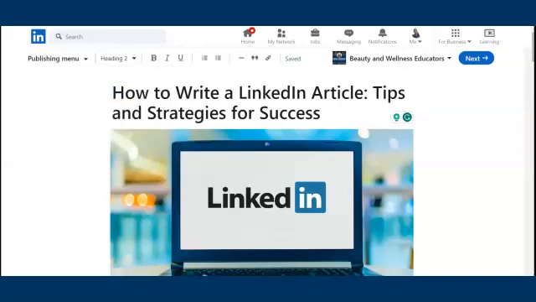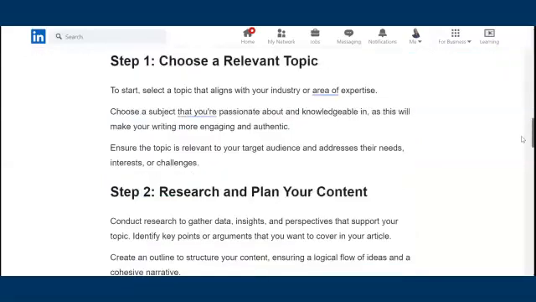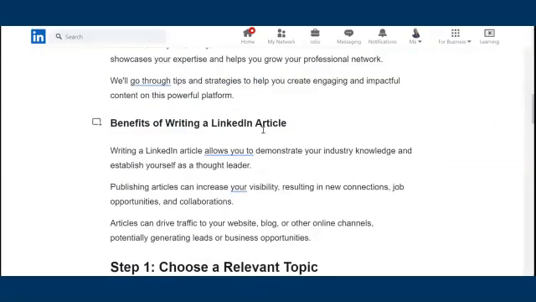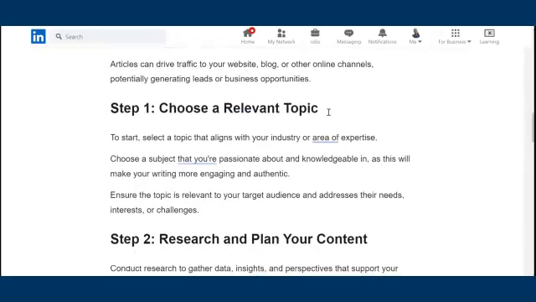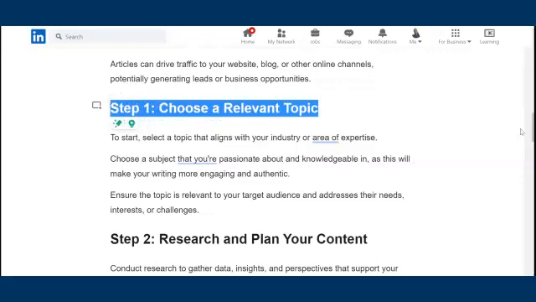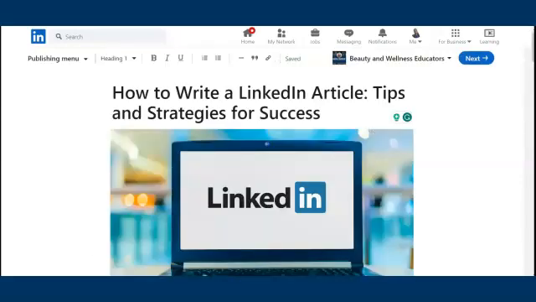So now if you scroll down, the size is different, right? You can see benefits of writing a LinkedIn article. So it's now an H2 subheading. What I'm going to do is quickly go through it and change the rest.